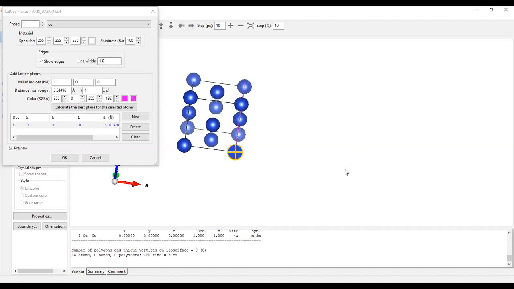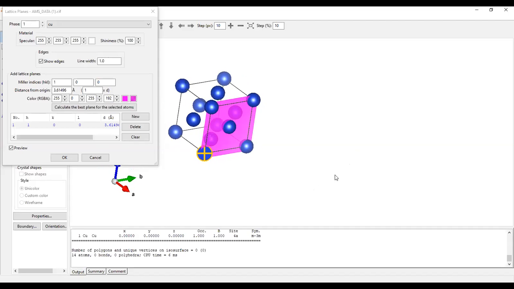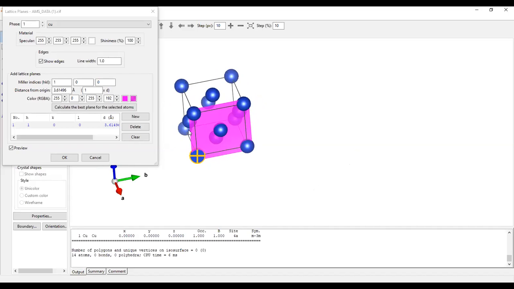Okay, so this is a 100 plane, right? This is your origin, and it is intercepting x at 1. And